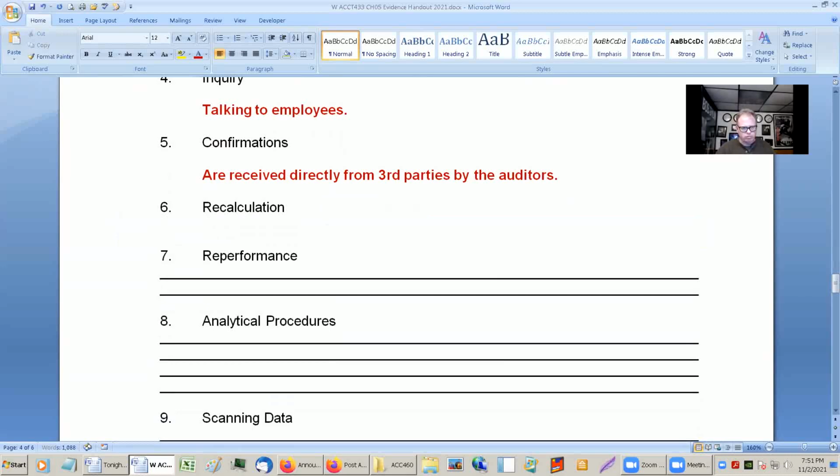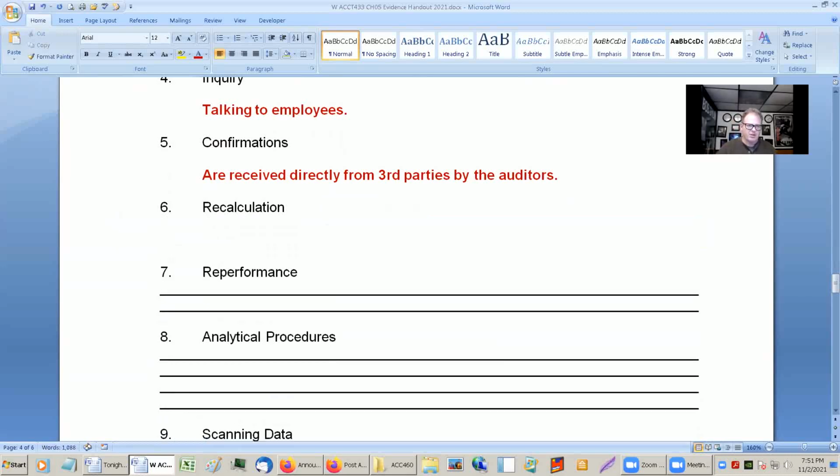Recalculations. Basically you're doing the calculations the client would do, but you're doing them separately. And you're doing that because your calculations should match up with theirs. So if they do depreciation, straight line basis over whatever period of years and all that kind of stuff, I should be able to do that recalculation and come up with the same numbers, or something that's not materially different from what they did. Okay, so recalculations are usually done for